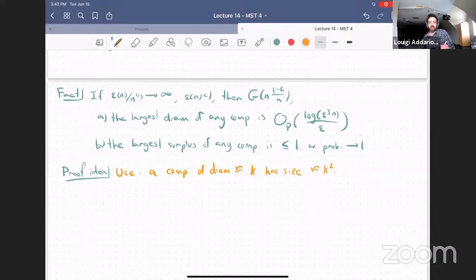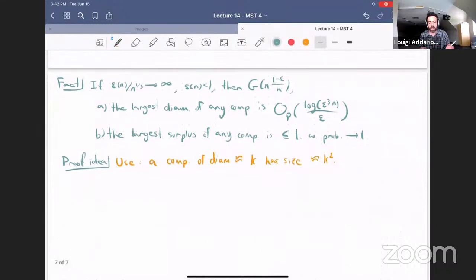I mean, to the point where I'll use it as though it's equivalent in terms of events, that if a component has size about m, then its diameter will be about square root of m. The fact that those two things aren't literally equivalent, they just are typically equivalent, makes turning what I write into an actual proof a little bit more delicate, because you have to control the errors in the events that I'm describing. But if you're willing to believe the story that these two things are roughly equivalent, then you can get the intuition for why the fact is true quite easily. Okay, so